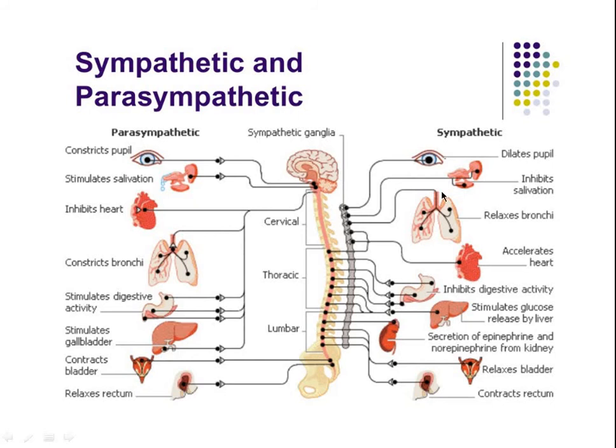Now, can you see the effect on this slide? Can you see the effect of the sympathetic on the eye pupil? Dilates the eye pupil here. The effect of sympathetic on the heartbeats. Where is the heart? Yes, accelerates the heartbeats. The effect of the sympathetic nerve on the lungs. They relax the bronchi so that the lungs will be filled with oxygen, and so on. Here, relaxation of the bladder. Stimulates the glucose released by liver, inhibits digestive activity. So the sympathetic is preparing your body